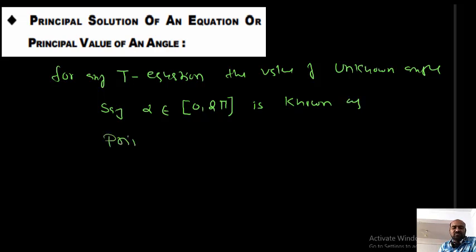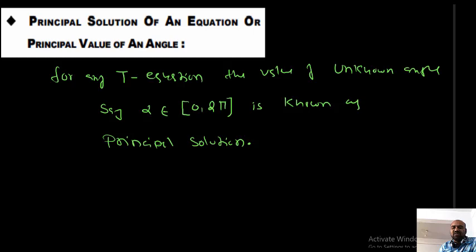Principal solution. That's all, don't confuse. For sine given, or tan given, cot given, whatever it may be, your alpha should be between 0 and 2 pi. That is a valid value. For example, if the tan function is given, alpha should not be equal to pi by 2, because for alpha equal to pi by 2, tan alpha is not defined. In such a way you choose angles from 0 to 2 pi; those are taken as principal solutions or particular solutions.